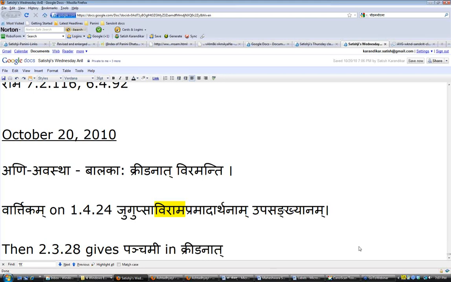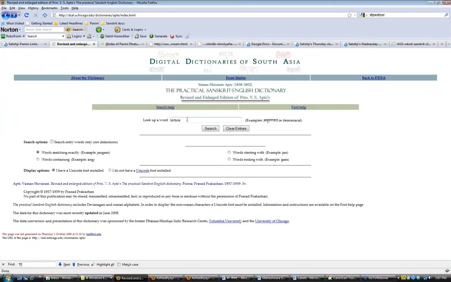Yes. Satish ji, what is the Upasankhyanam? It seems to be a technical term. What does it exactly mean? It should be included. Okay. Where do we include? What you can do is go to the dictionary and look at the word Upasankhyanam. Let's see if we can look, because we have all these resources now.